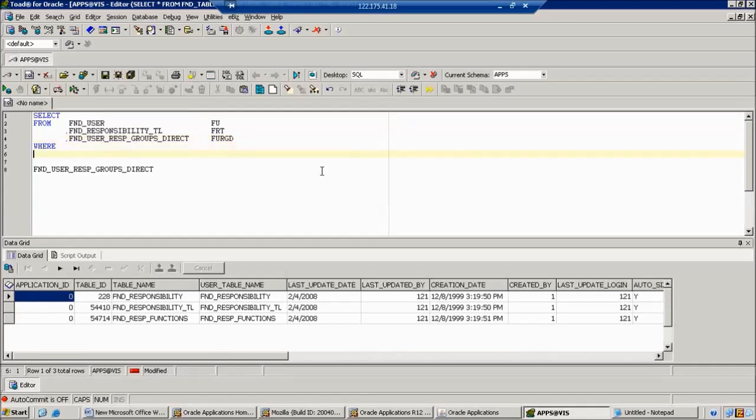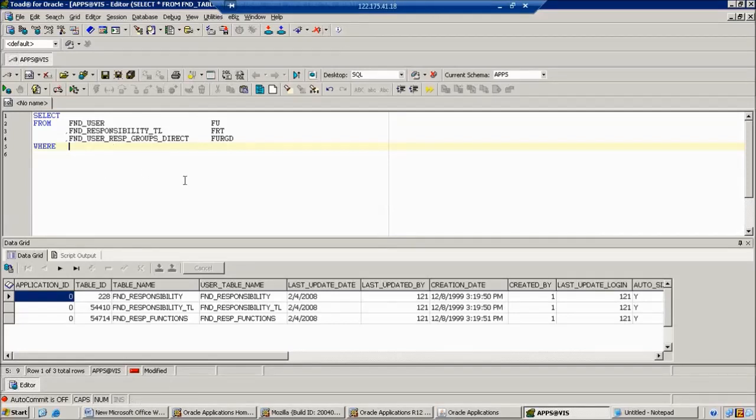Once we give that, now we can generate the join. So how can we generate the join? First of all, if you want to give the join FND user to FND user as group, then we can give it. After that, responsibility to FND user to rest groups, and it automatically generates the join.